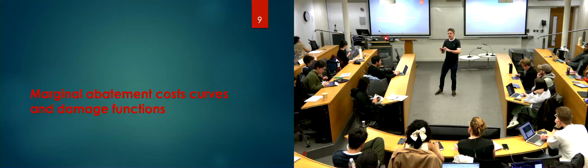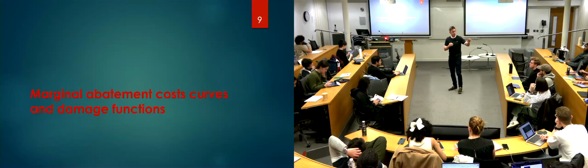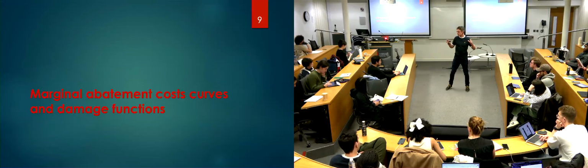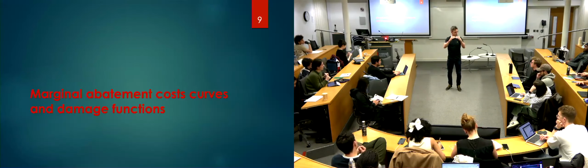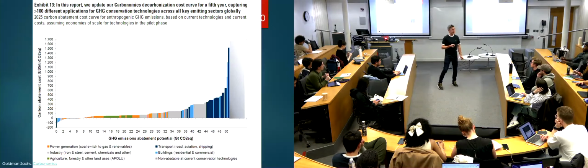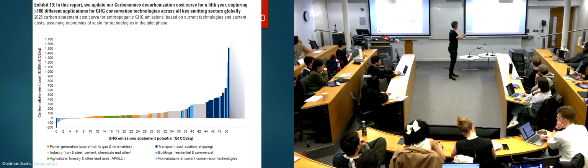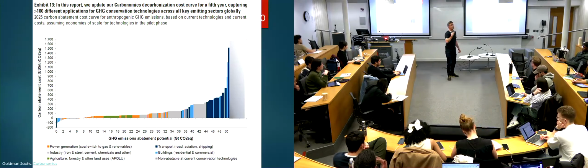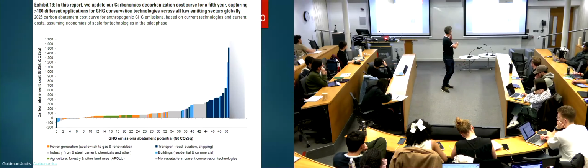Then, next element, what will determine the integrated assessment model is abatement cost and damages. The basic logic is you set marginal abatement cost equal to marginal damages, and that will set your optimum. So how does this look? So this is emissions, and on the y-axis I have the cost per ton of emissions, and each block in this approach would be